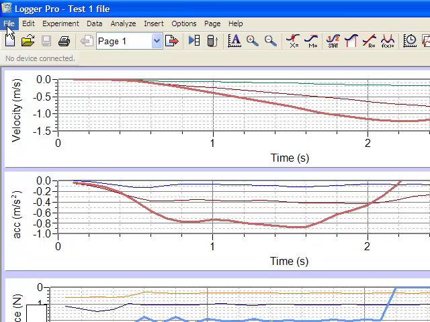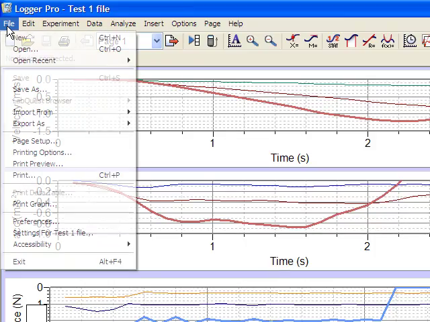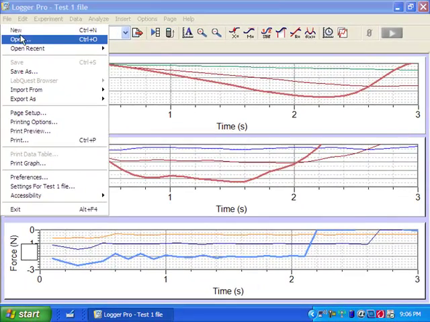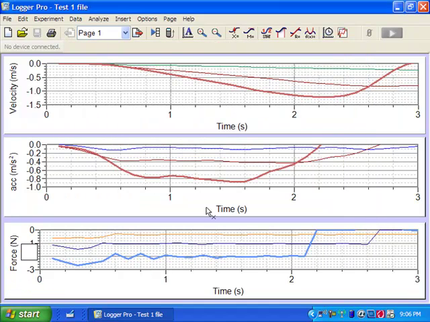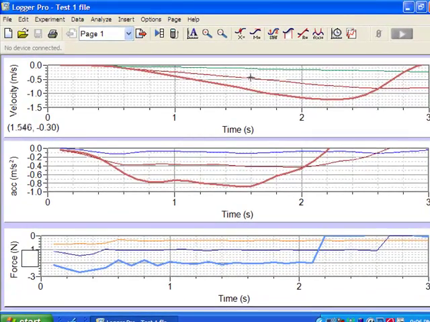There'll be just a program icon, and you would click on File, Open, and go looking through for the particular file that you're interested in. But this is the file we're interested in. Now, some of the things you're going to want to be able to do on a test are curve fit, average, and integrate. So for curve fit,